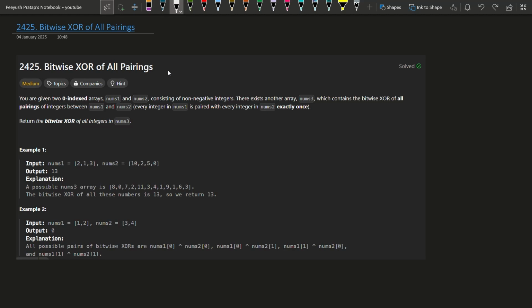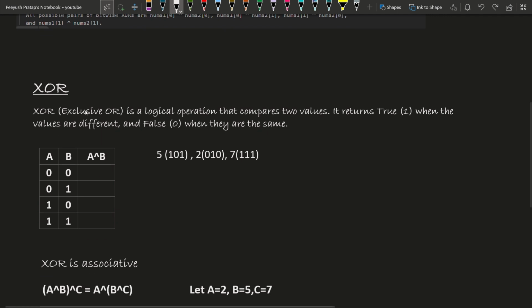Today's question is 2425, Bitwise XOR of All Pairings. Before going into the question, let's look at XOR first, and then we will come back to the question. XOR, also known as exclusive OR, is a logical operator that compares two values and returns true when the